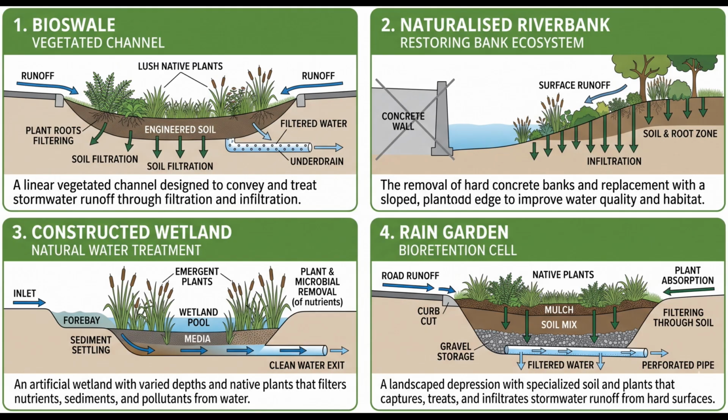Naturalized riverbanks replace concrete channel walls with planted, sloped banks. Instead of a vertical concrete wall, you have a gradual slope planted with grasses, shrubs, and water edge plants. Water can infiltrate the soil rather than rushing to the drain. The plants filter runoff and provide habitat for birds, insects, and fish.